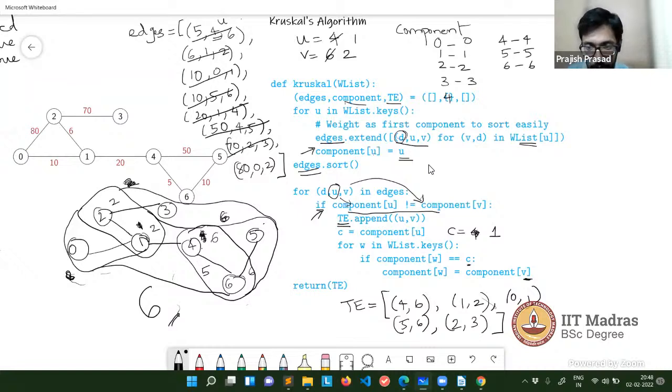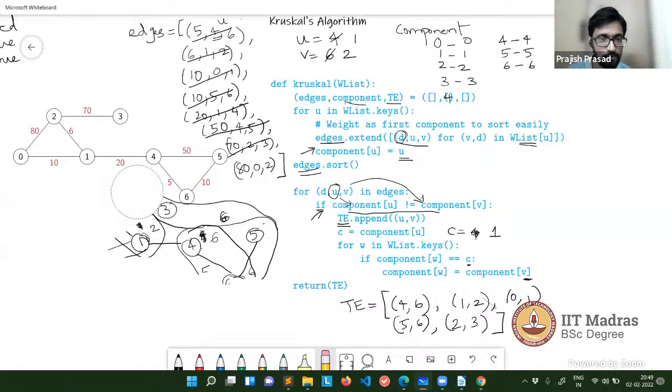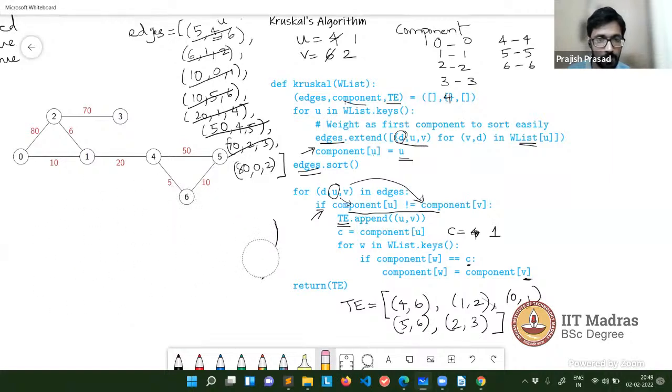So finally, this is how it is. Let's see if we have got it right. So the edges are: 4 is connected to 6. Okay, let me follow the